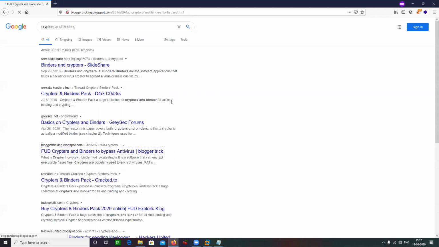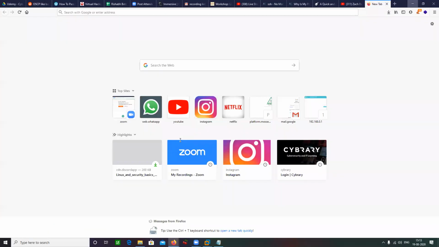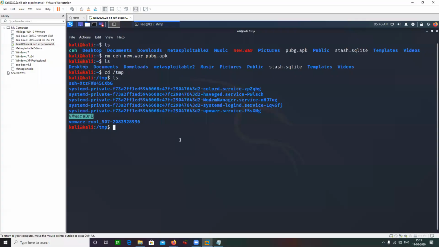Another way is through MSFvenom. How can I do that using MSFvenom? Let me just do msfvenom -l payloads | grep windows. Let's try to list the payloads specific to Windows.